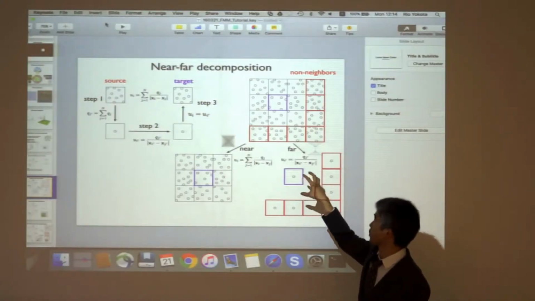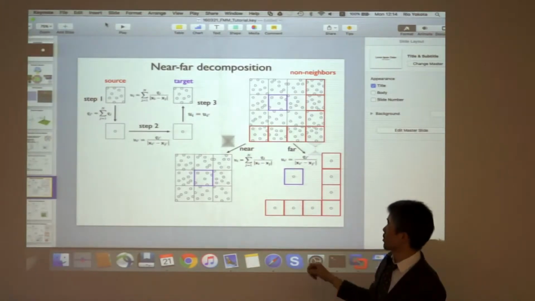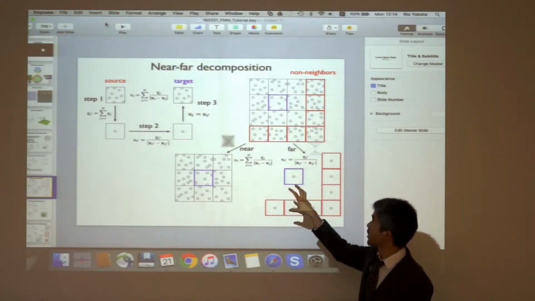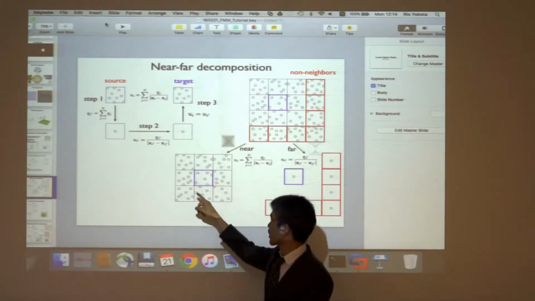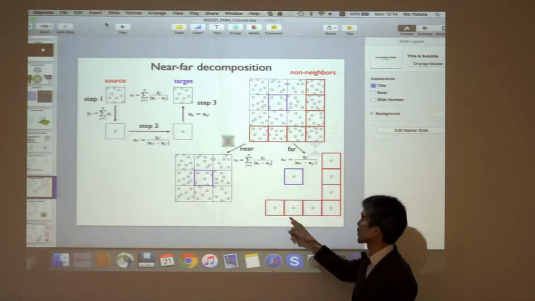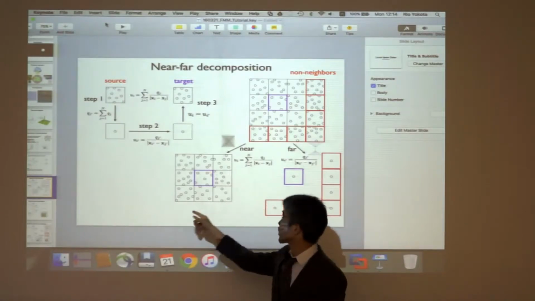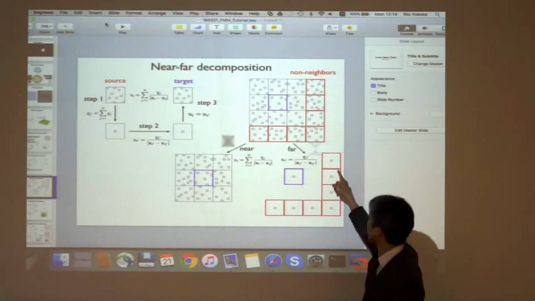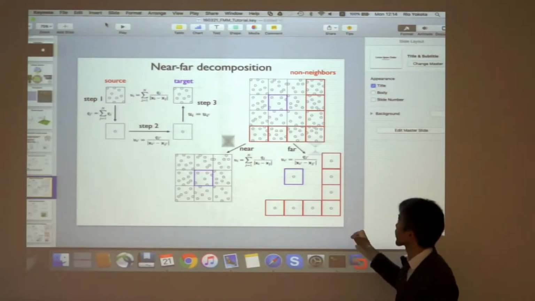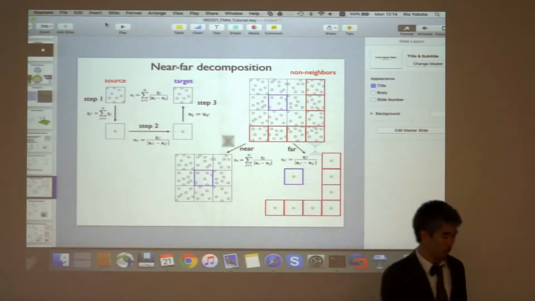Boxes. So you want to create 64 boxes, each with maybe 10 points. And then you want to calculate this thing, and then also calculate this thing. And the question is how to determine this box here, and how to determine these boxes here. So usually what we do in FMM is we have